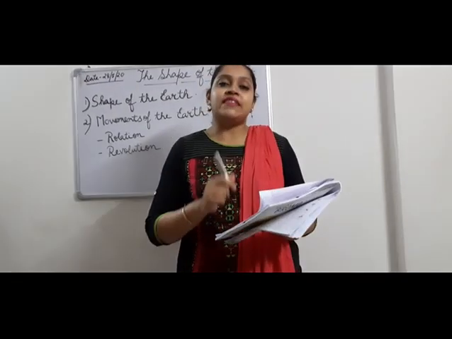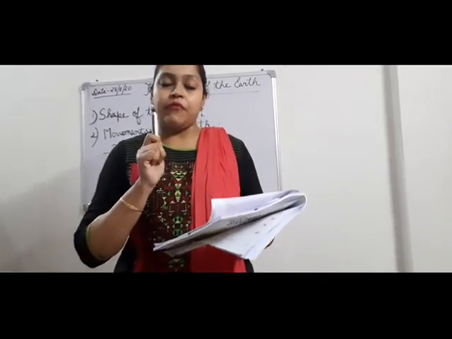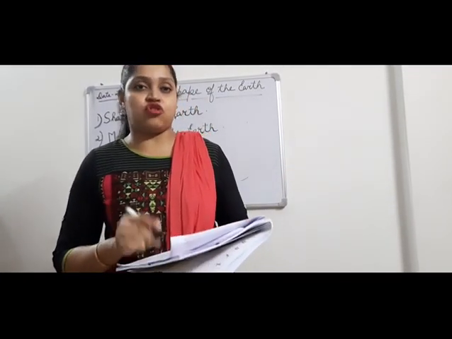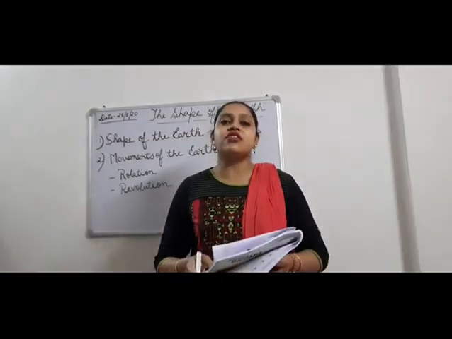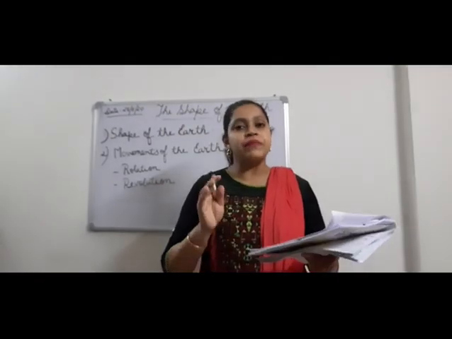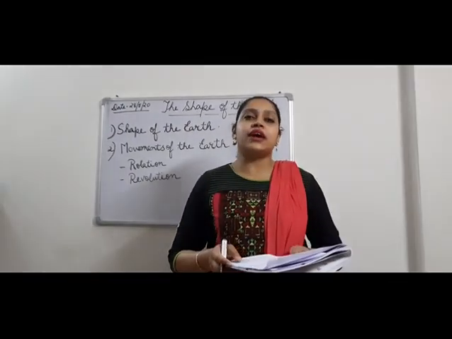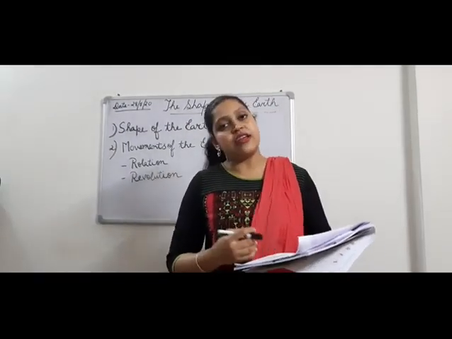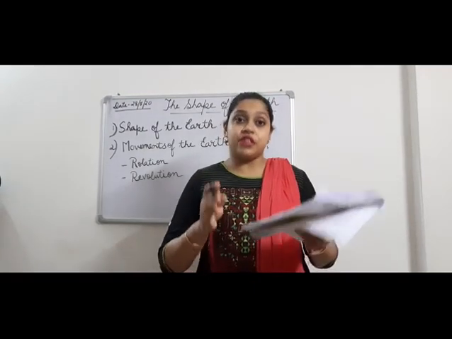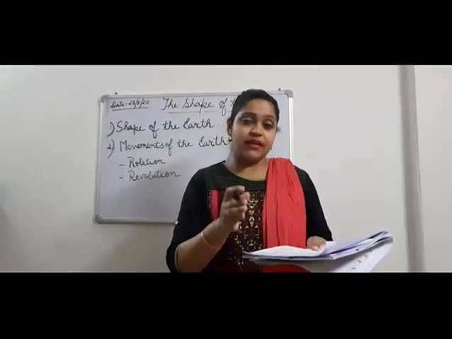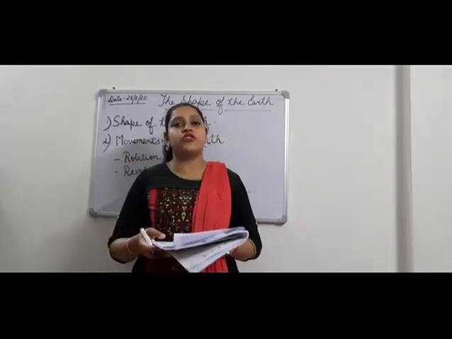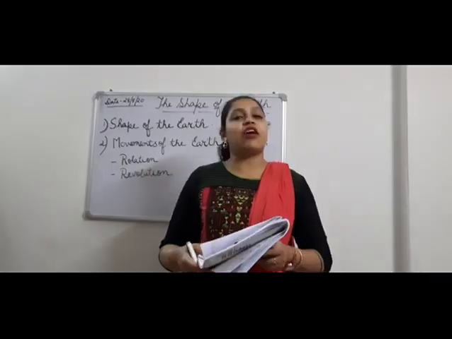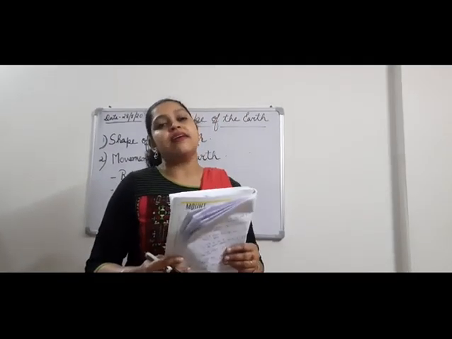And you can see in your book a very famous German astronomer, Johannes Kepler, is mentioned. Now, who is a German astronomer? People who belong to the country of Germany are called German. This person, Johannes Kepler, is a German astronomer. He belonged to the country of Germany, and he discovered a very interesting fact.